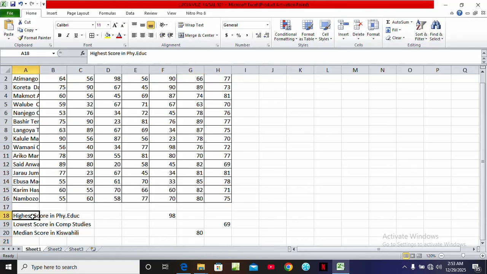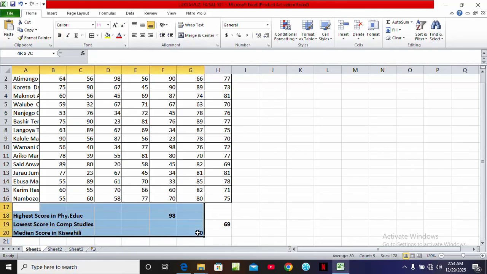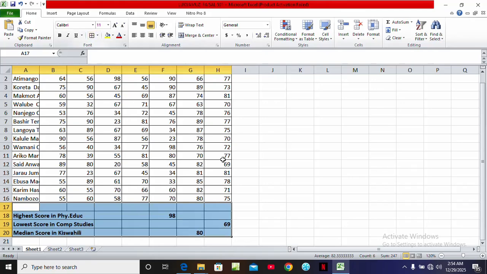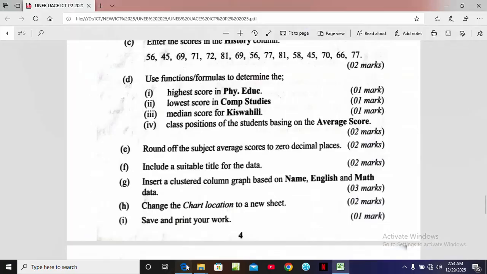As you can see, this was for physics, physical education, computer studies, and X-ray. So we can also put them in a border. Then from there we go to the next question, which says